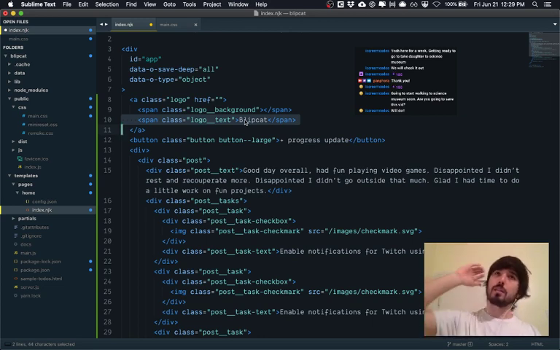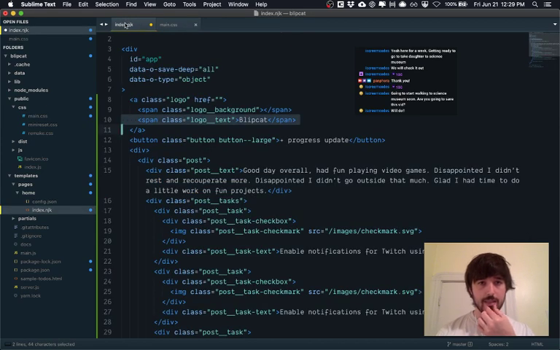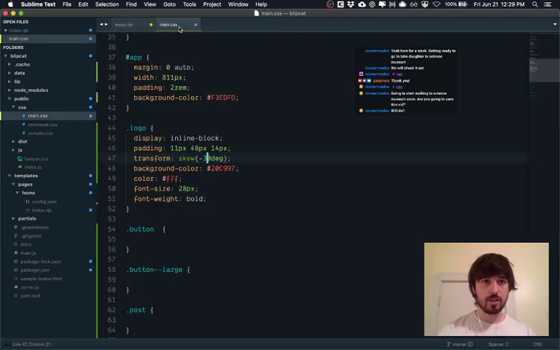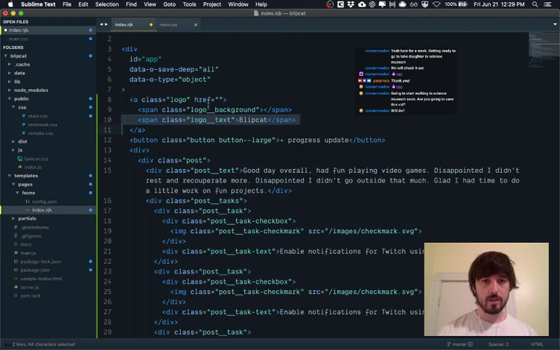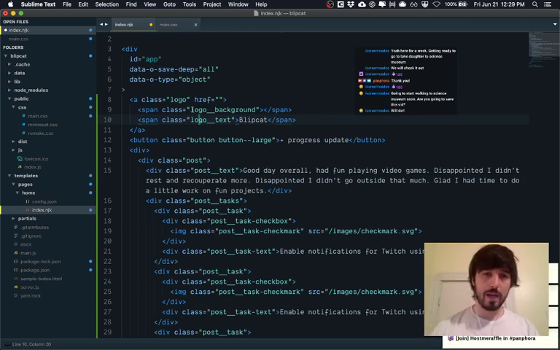It's going to make it a little bit harder, not really that much harder, to make it responsive, because honestly we can just style the logo exactly how we've been styling it, and just absolutely position the logo background. And we don't even have to move the logo text, right? Because if we absolutely position the logo background,